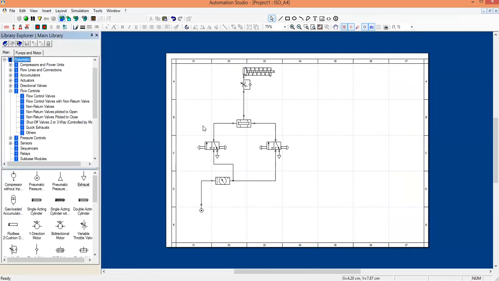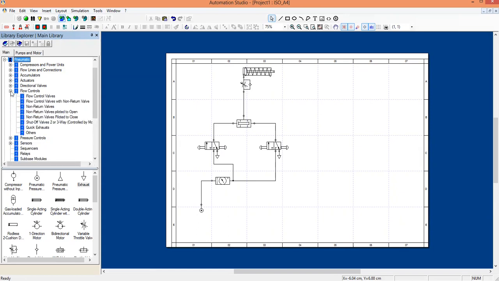Now we'll see how to draw an OR valve. The diagram is going to be very similar except for this component. I have used AND here. We have to replace that with an OR valve. That's all. So the function of OR is, OR has two inputs and one output. So if any one of the inputs is present, I'll get an output. That is the function of OR.